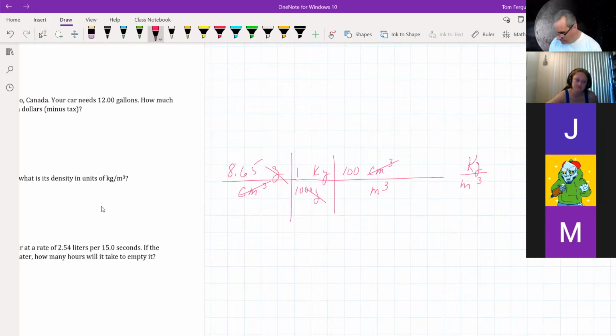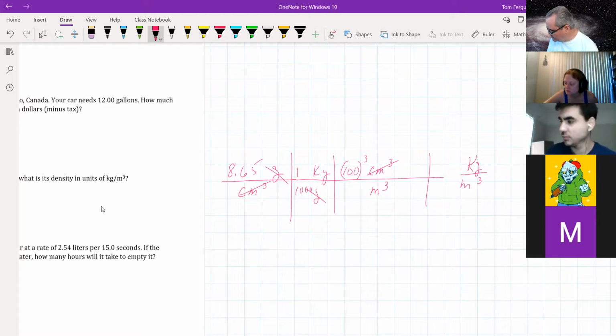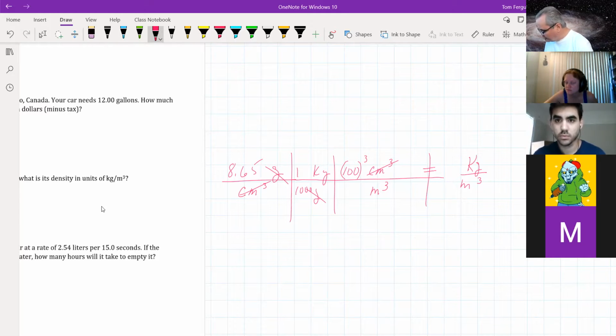Okay, but we have to cube that because the centimeter is cubed. Okay. All right, so now everything cancels, giving us kilograms per cubic meter. Excuse me. All right, so we've got,